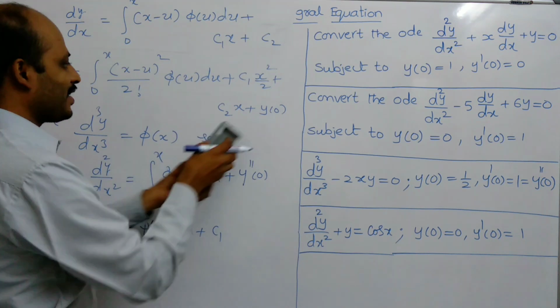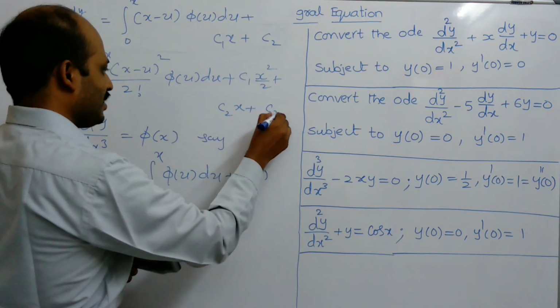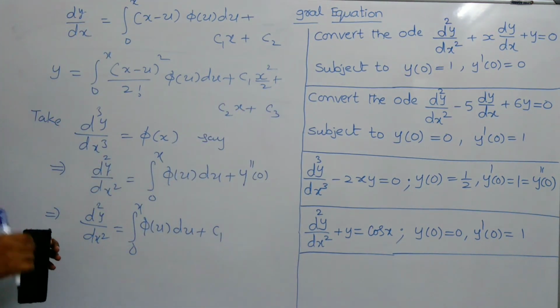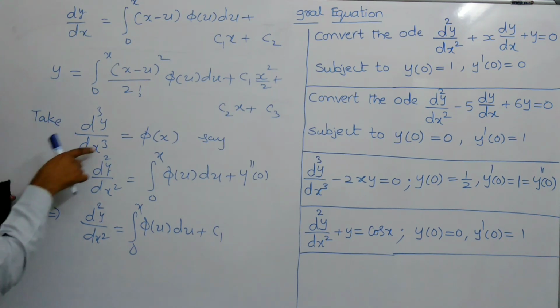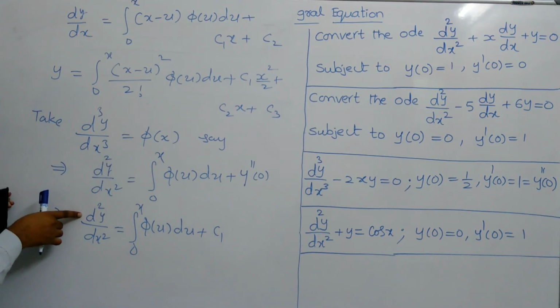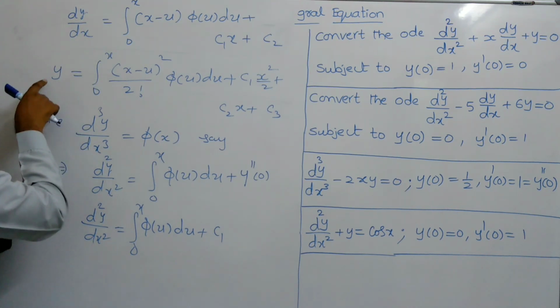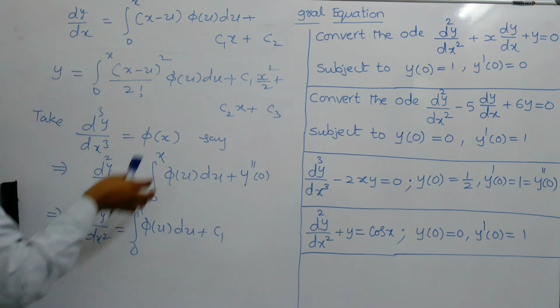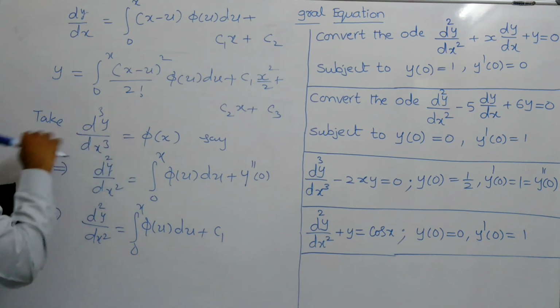We take this constant as C3. Now you observe that we have d cube y by dx cube, d square y by dx square, dy by dx, and y also. Now substituting all these terms